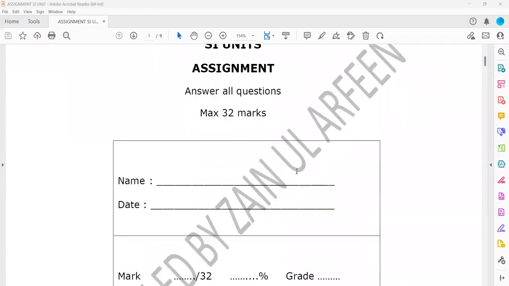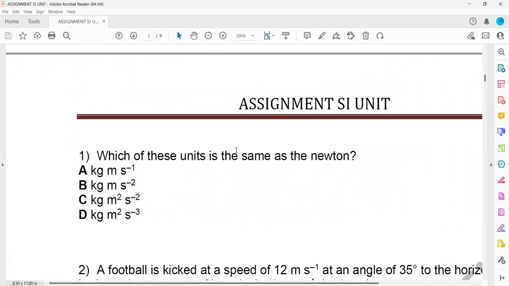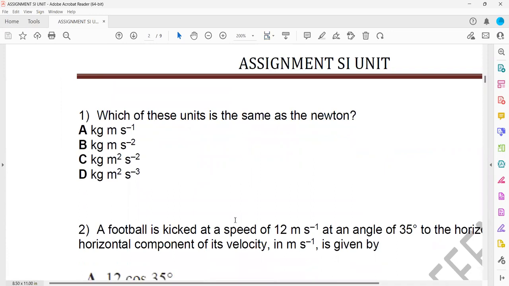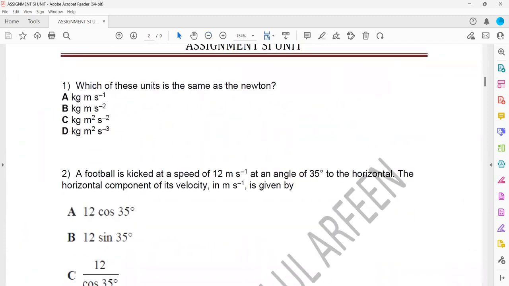SI unit assignment. The question one is, which of these units is same as Newton, like the base unit of the force? You can also use a chat to state the answer. I'll solve some of the questions and remaining you will solve as a homework. So we want to work out the unit